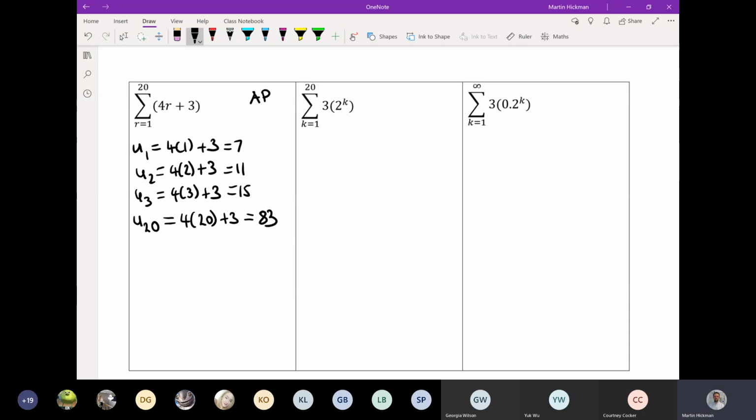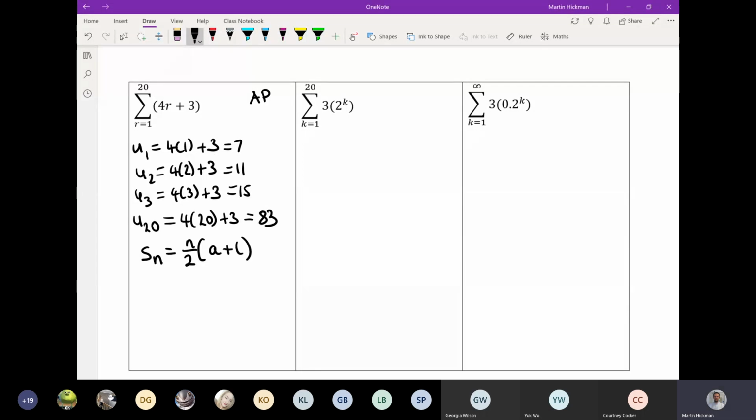equals 83. Because it's sigma, I need to find the sum. So I need to find 7 plus 11 plus 15 plus 19 all the way up to 83, adding all those 20 terms together. So I want to use the formula